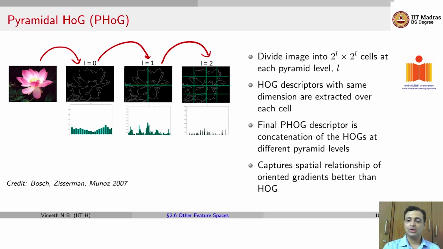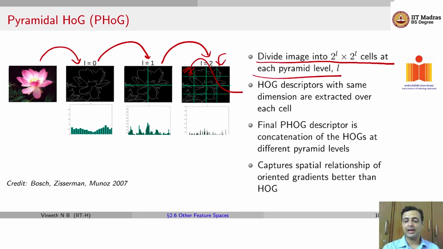How do you do this? You divide an image into 2^L cross 2^L cells at each pyramid level L. So if L was 1, you would divide the entire image into 2 cross 2 cells, 4 cells. Or if L was 2, you would divide it into 4 cross 4, so on and so forth. Now for each of these cells,